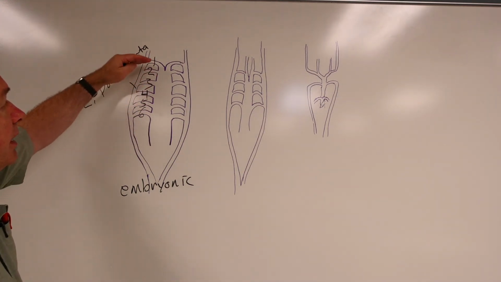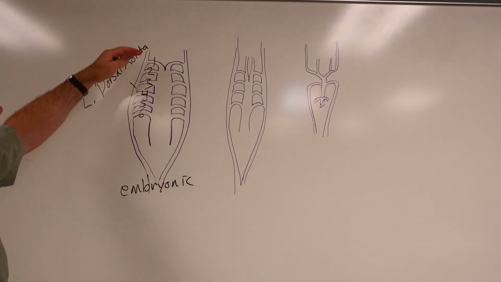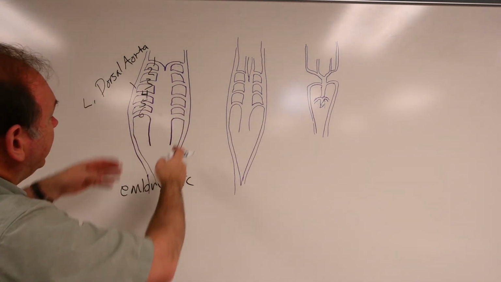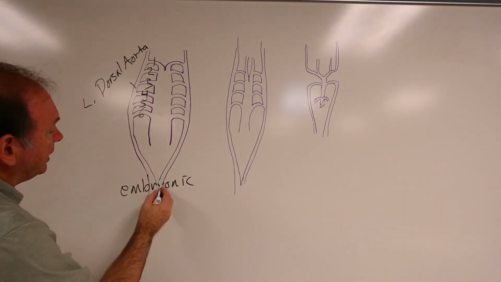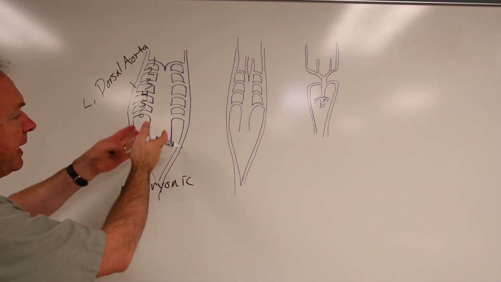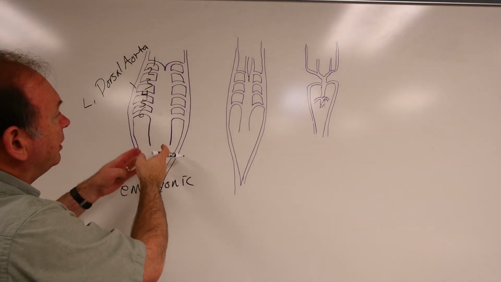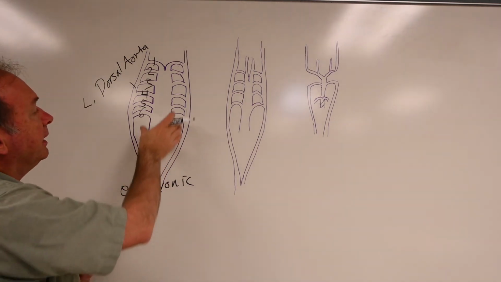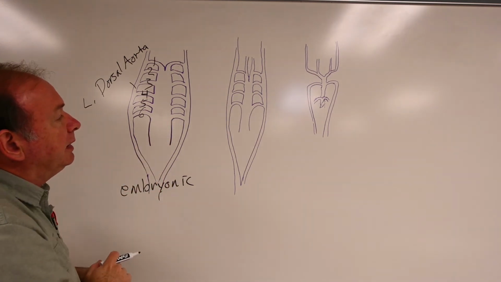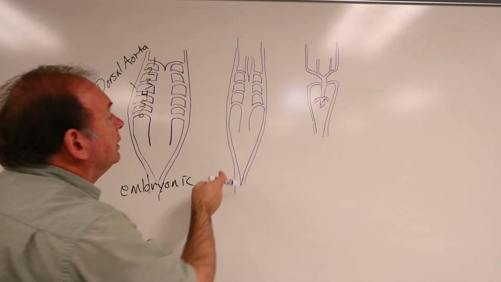In a series, we get 1 to form, then 2, then 3, then 4, then 5, and 6 from front to back. The dorsal aortas, left and right, feed into eventually a single dorsal aorta here in the anterior part of the animal, not too far behind where the heart would be located. That occurs up